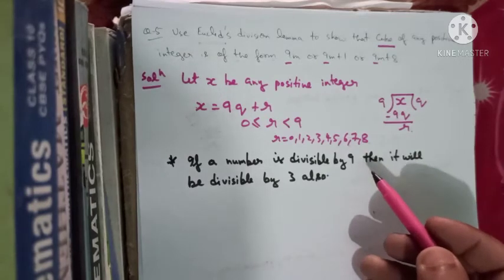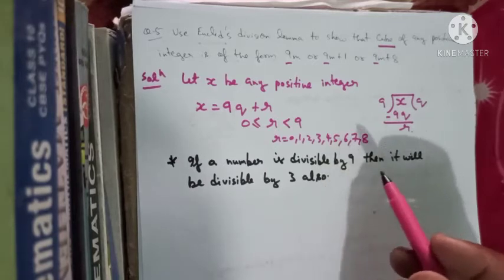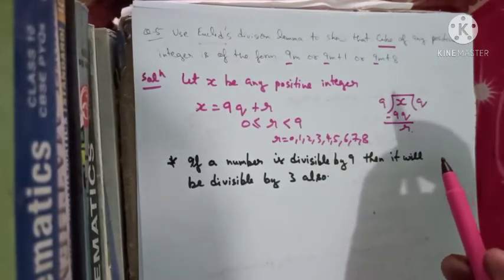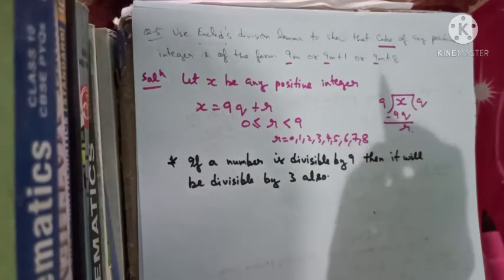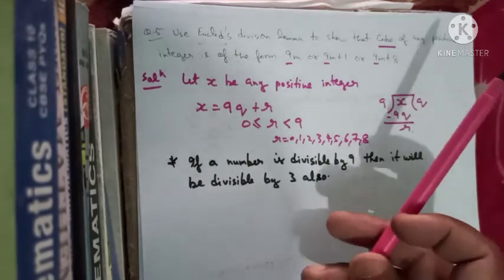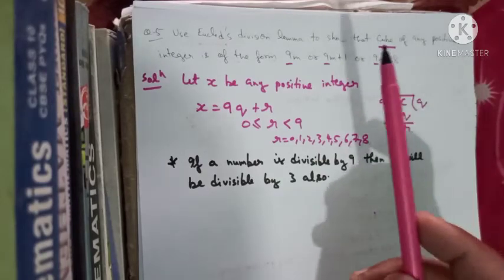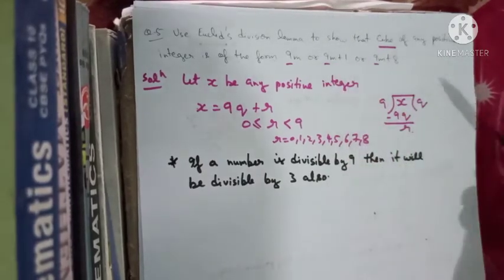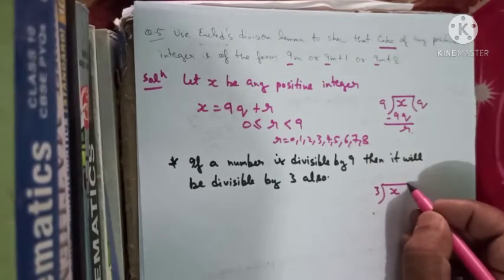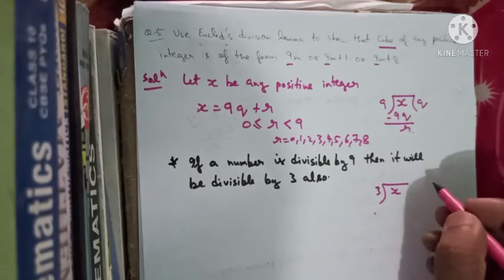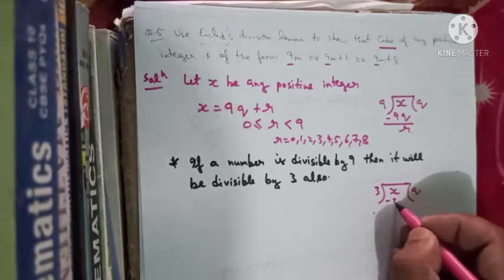Like for example, a number which is divisible by 6 will be divisible by both of its factors 2 and 3. Similarly, if a number is divisible by 9, then it will be divisible by 3 also. So in that case, here we can also take the divisor as 3. If we are taking 3 as the divisor, then our question will become a little bit easier, with fewer steps. Suppose we are dividing x by 3 with the quotient q, it will be minus 3q,